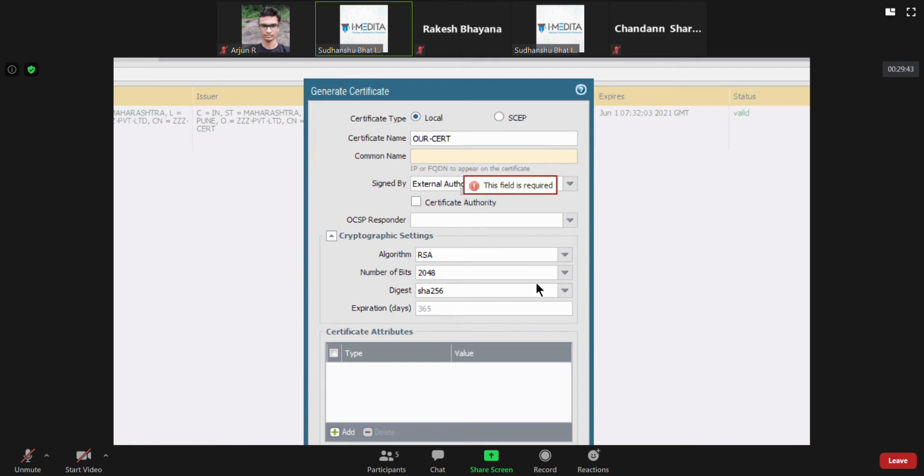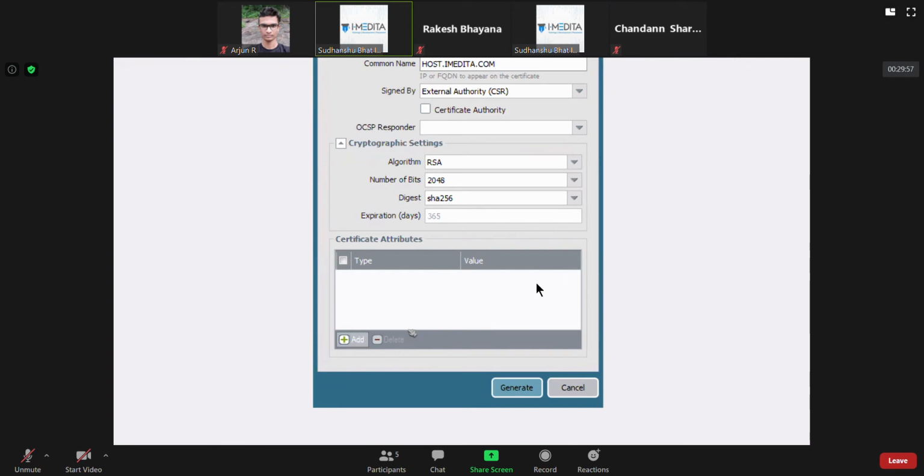Okay. This is whatever you want to appear on the certificate, like I'm just randomly giving any. You could also put an IP address, preferably don't do that. And then you can fill in all these things. See, we didn't check this checkbox. If you check this checkbox, you are saying to the Palo Alto Firewall that you yourself are the certificate authority for it. That is what we call a self-signed certificate. So you can fill in all these details.